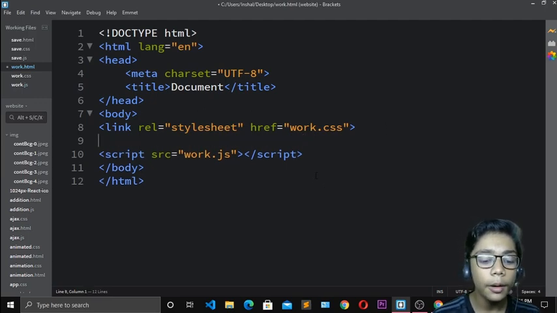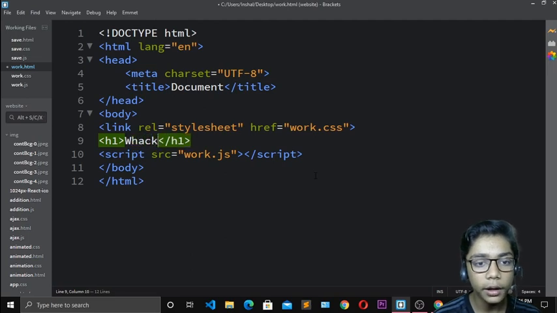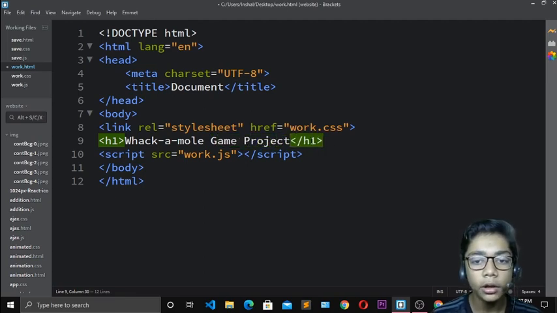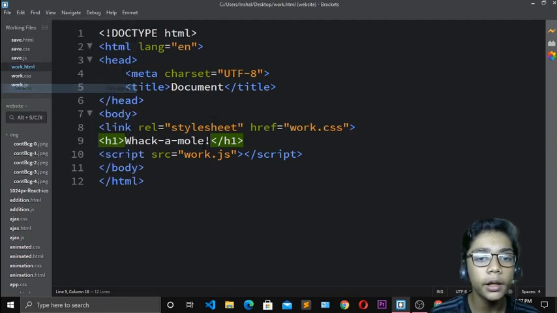Now I will come over here and write Whack-A-Mole project. I will add Whack-A-Mole, and over here I will add game project. Now when you've done all that, just erase this because I was only showing how to make that. Now press Shift and 1, so the exclamation mark will come, which I have made with my title.